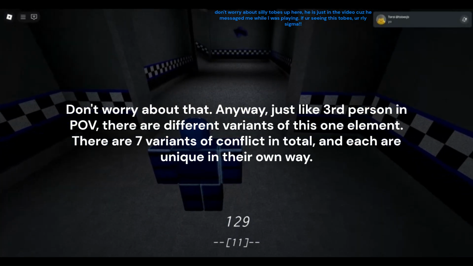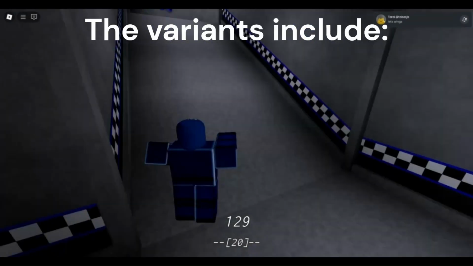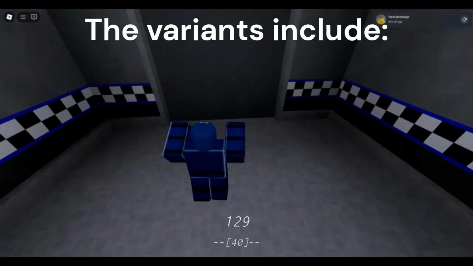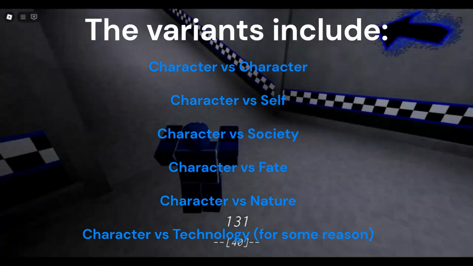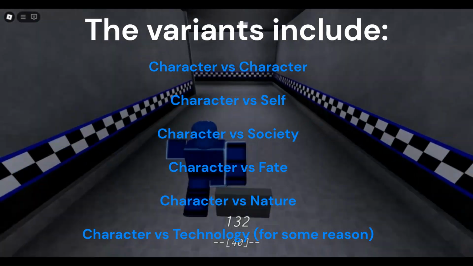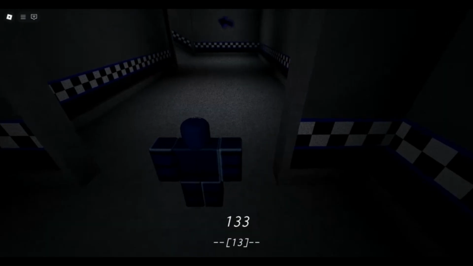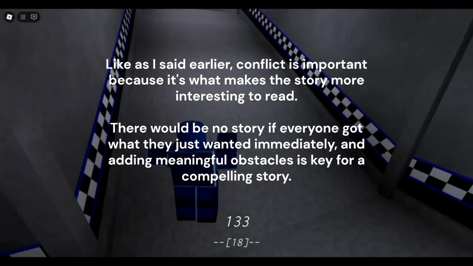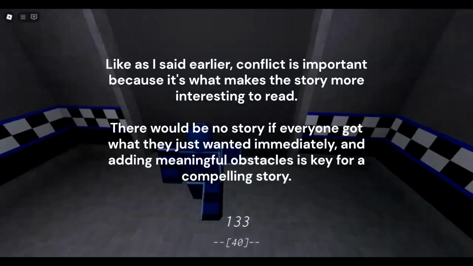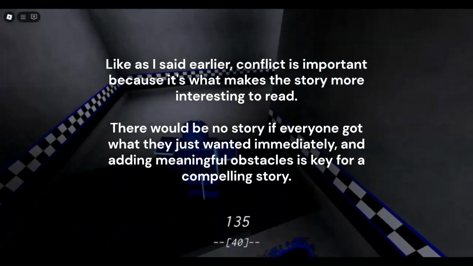There are 7 variants of conflict in total, and each is unique in its own way. The variants include character versus character, character versus self, character versus society, character versus fate, character versus nature, character versus technology, for some reason. Like I said earlier, conflict is important because it's what makes the story more interesting to read. There would be no story if everyone got what they wanted immediately, and adding meaningful obstacles is key for a compelling